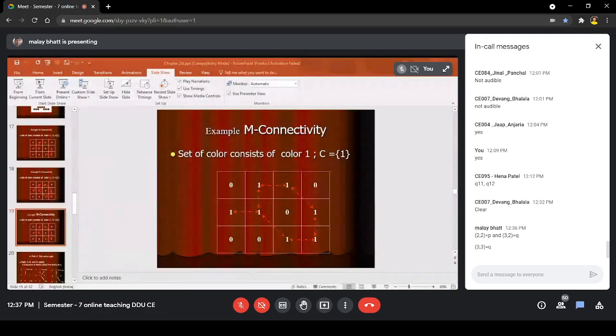Definitely there is an 8 connectivity, but we are checking whether there is M connectivity between the two pixels. So now you can see that Q is not in the 4 neighborhood of P. Is it clear?